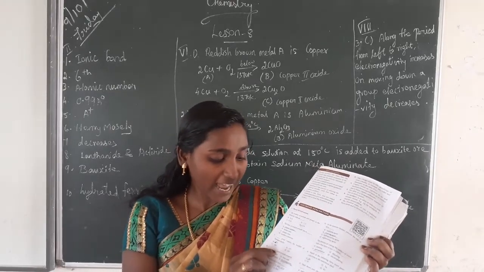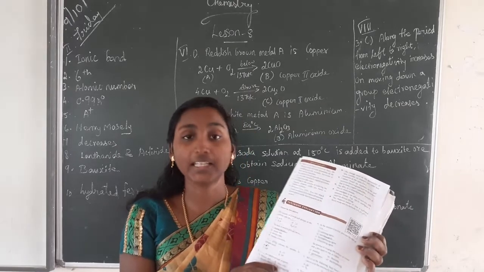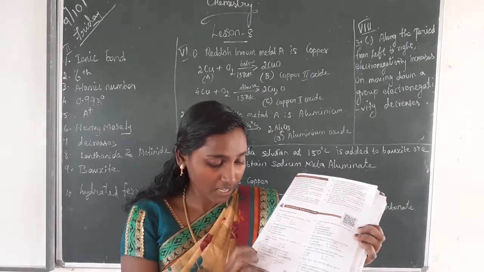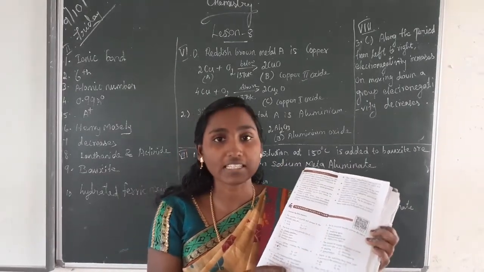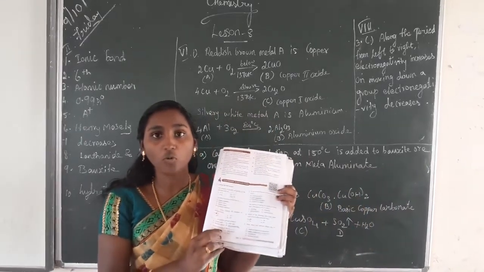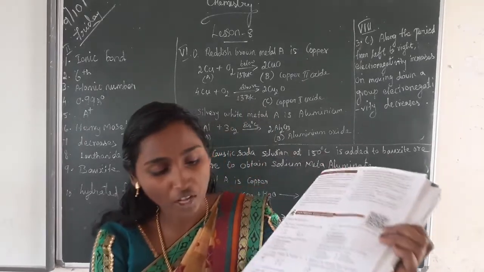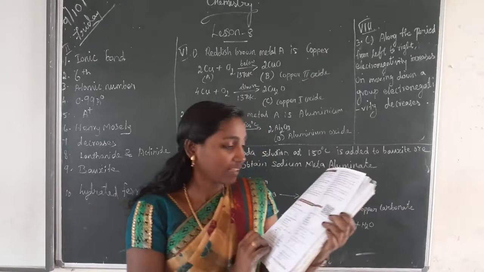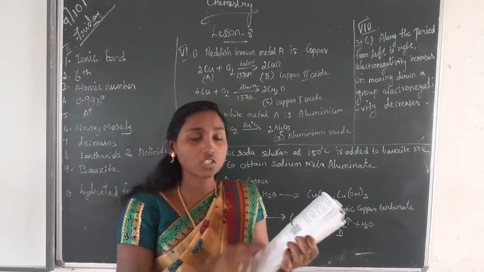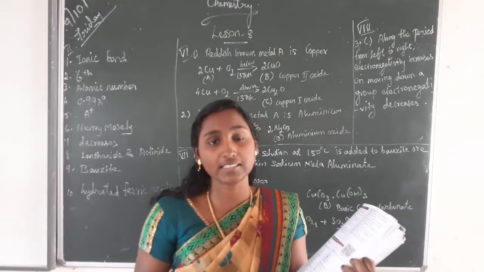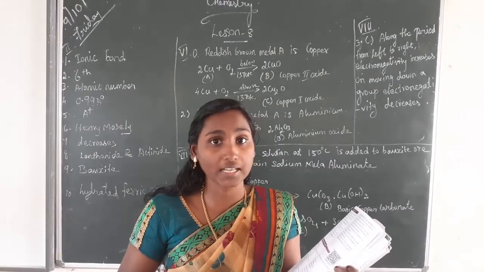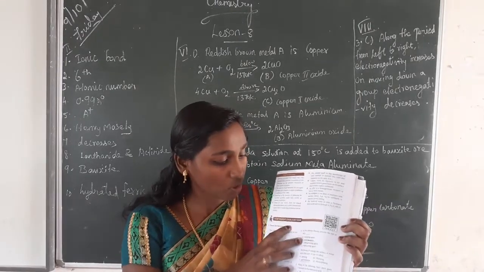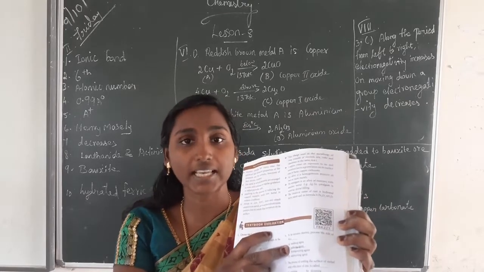Then fourth one, dash is a relative periodic property: electronegativity, option D. Then fifth one, chemical formula of rust is, what is the formula? Fe2O3·xH2O, rust formula. Option C. Then sixth one, in the aluminothermic process, the role of aluminium is reducing agent. This aluminium can reduce iron oxide into iron powder, right? So aluminium is a powerful reducing agent. So sixth one answer is option B, reducing agent.